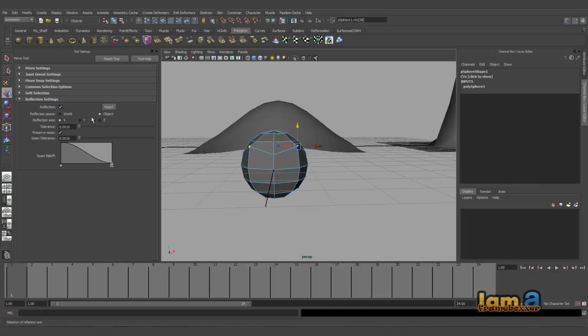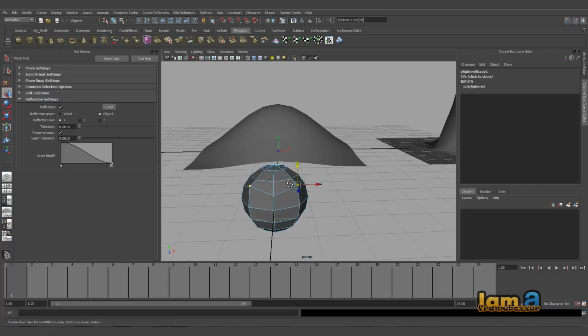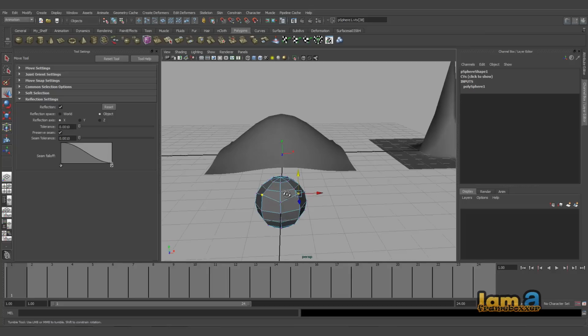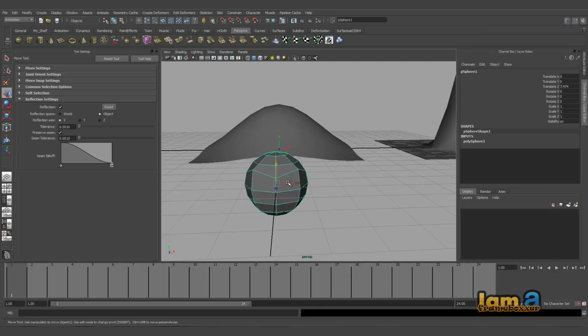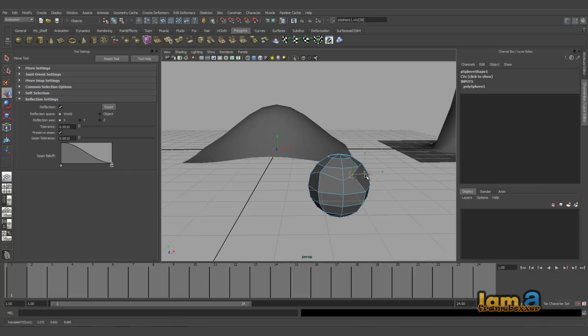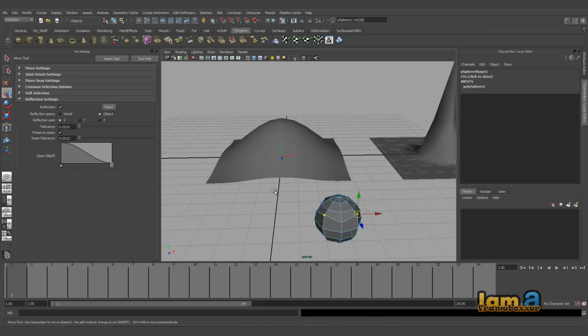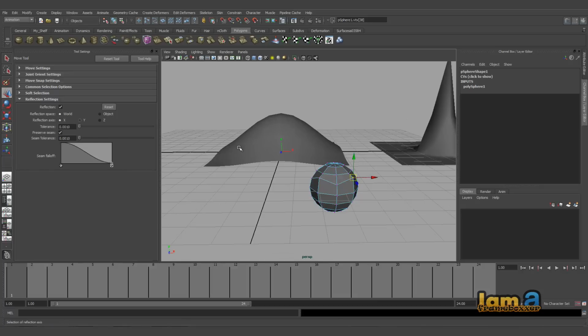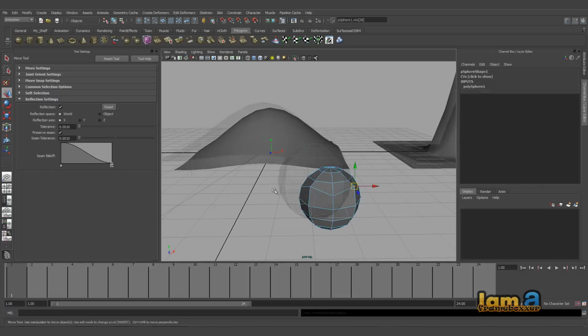But world and object, of course you can easily understand. The default is object. Basically for world, if you make sure the symmetry is lying along the world, then it works fine. Right now even if I keep the world option and choose a vertex, it works fine. But if I move over here with the world option and try to move this, it doesn't work. But if I go into the object mode, it works fine. So basically object mode considers the seam as the symmetry, and from here it starts working. Whereas world considers this as the center and looks beyond the other side where the object is absent. I hope it's clear.